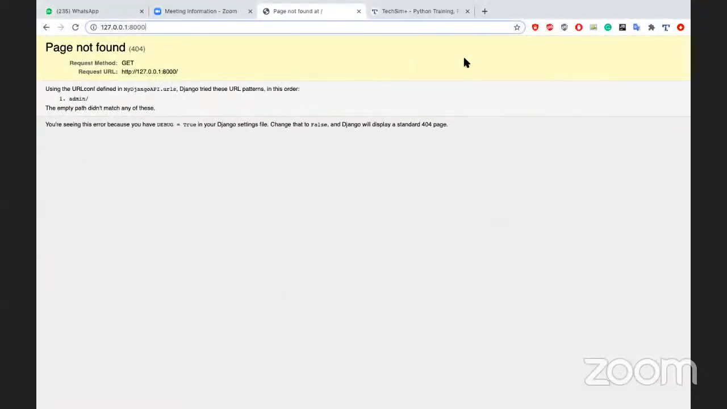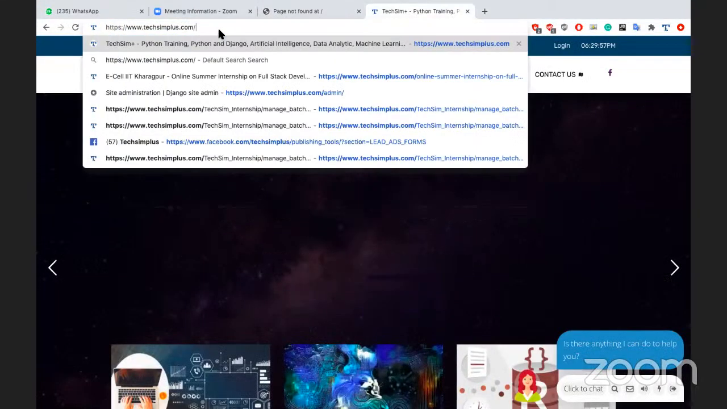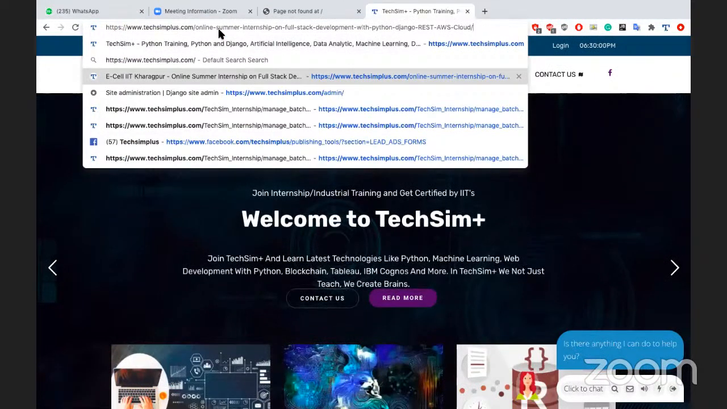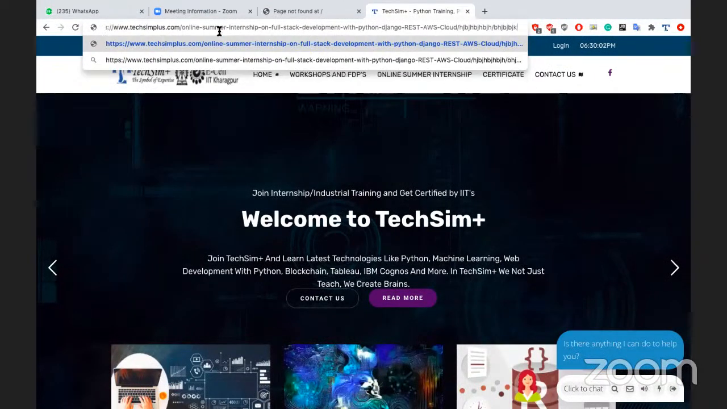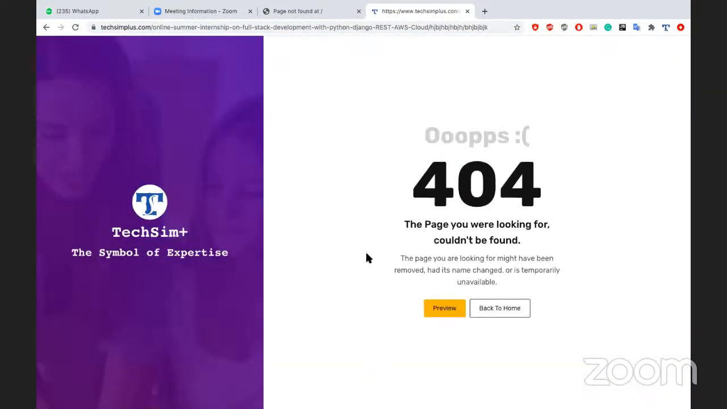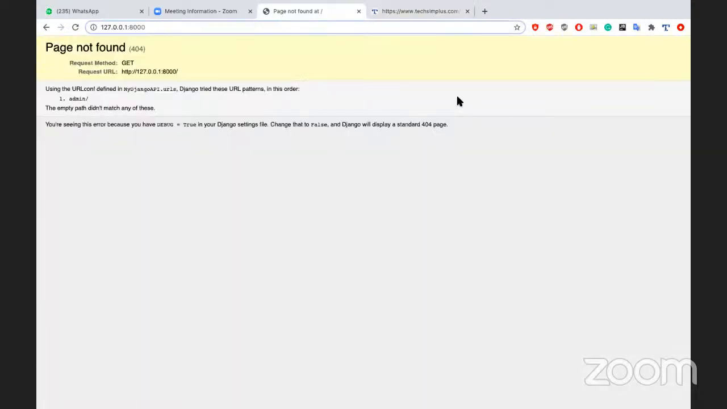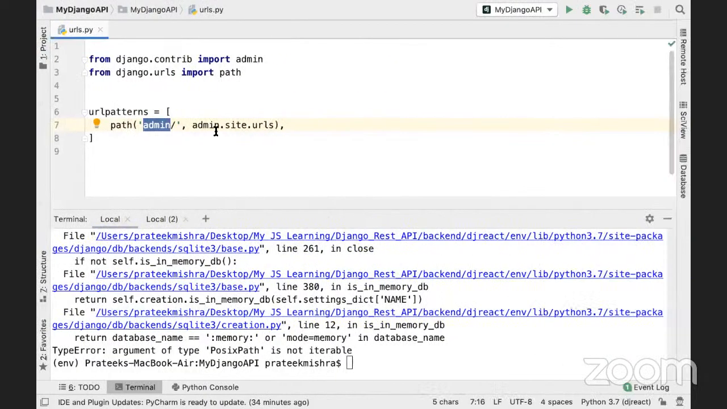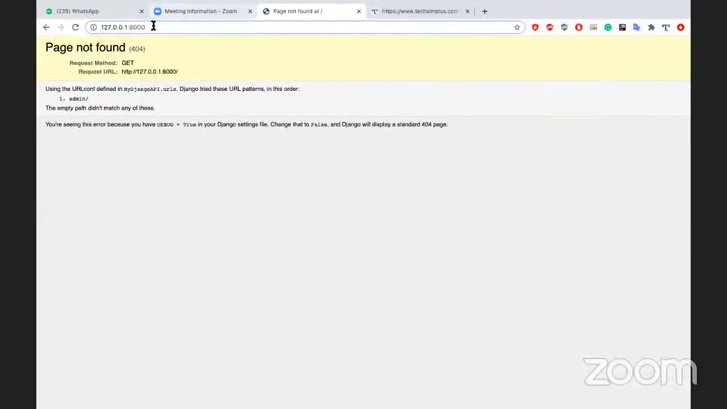Do you remember, guys? If you enter any wrong URL, suppose for example, if you are going to visit TechSim Plus and again visit with a mismatched URL, you will get this beautiful 404 page: the page you are looking for could not be found, because you entered a wrong URL. My URL pattern is not going to match behind the scenes. Same thing is here. Same thing is here. But yes, if we type like,